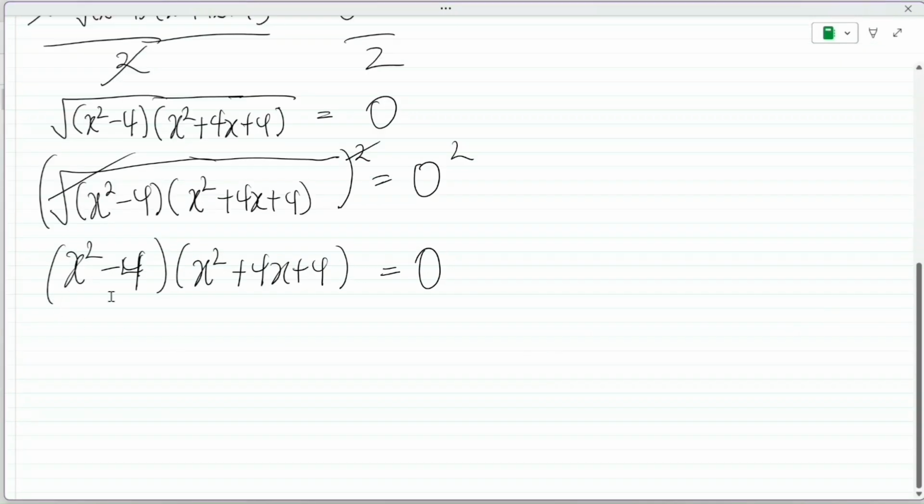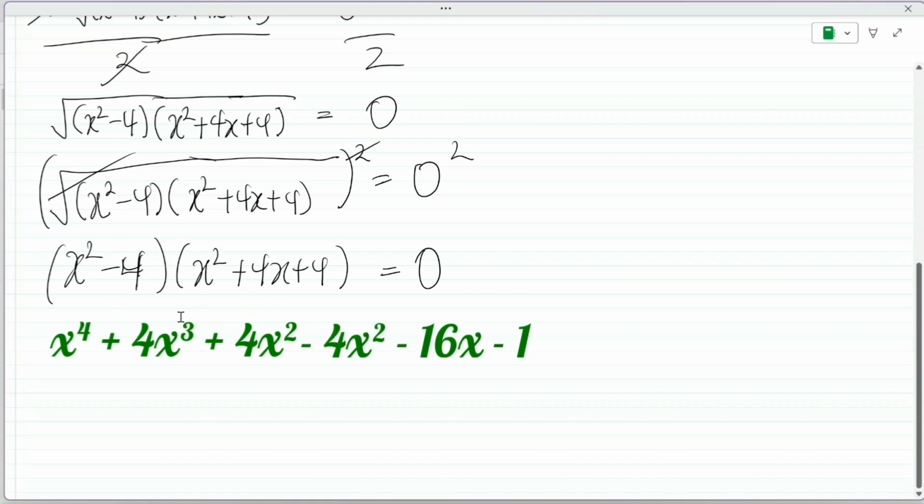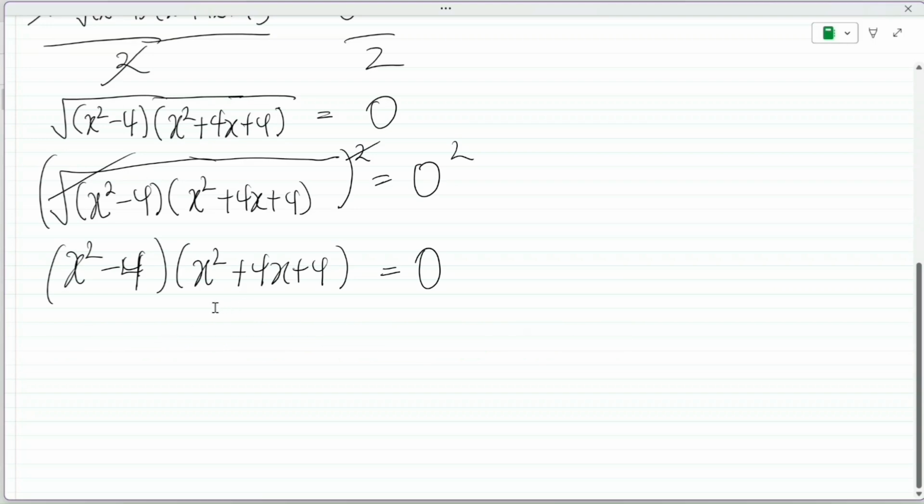At this very point, there are 2 ways of solving this question. You can choose to open the bracket. That means you multiply this x squared by this x squared, by this 4x, and this x squared by this 4. Then you multiply the minus 4 times the x squared, the minus 4 times the 4x, and the minus 4 times the plus 4. Then you have a polynomial with x to the power of 4. Then you start solving to get your answer. But that's quite tedious. You can, at this point, when you have a situation like this, use an alternative method,